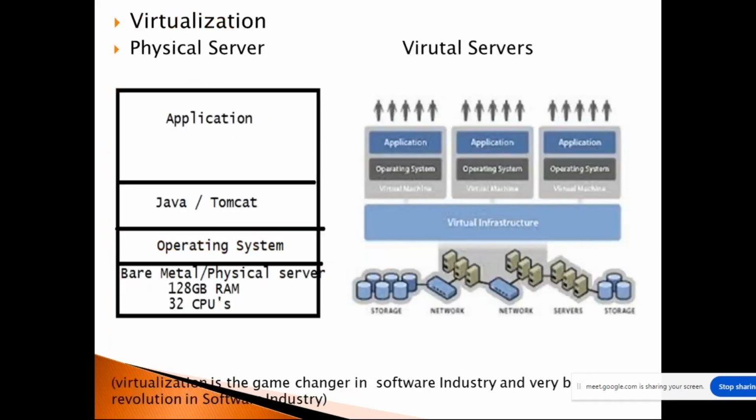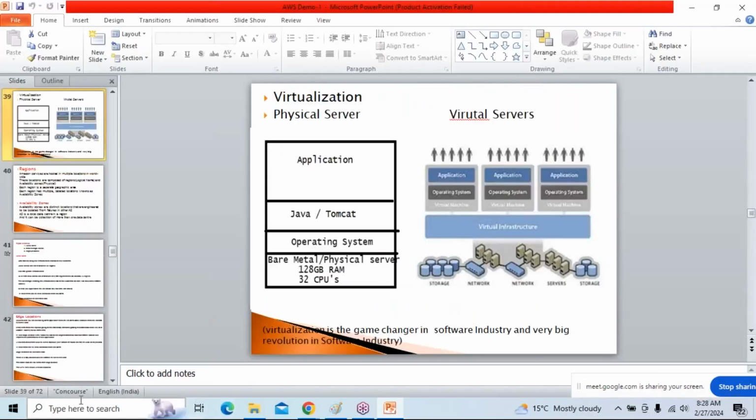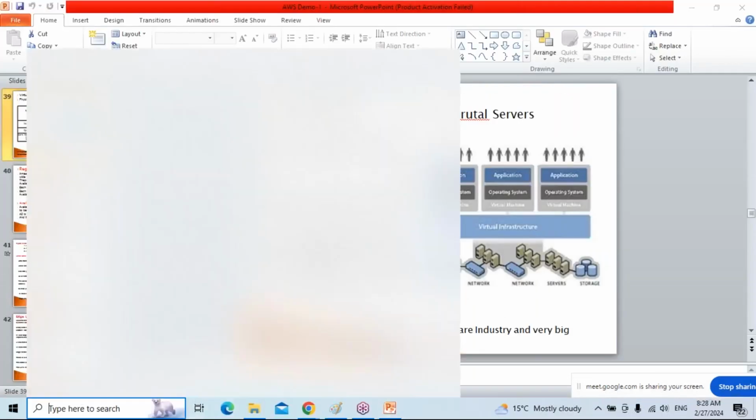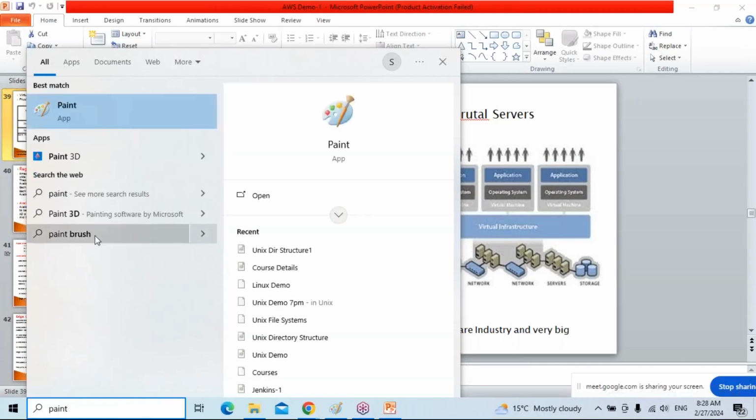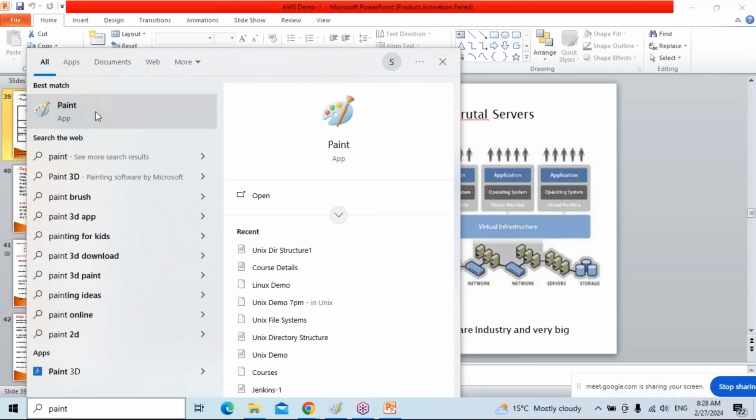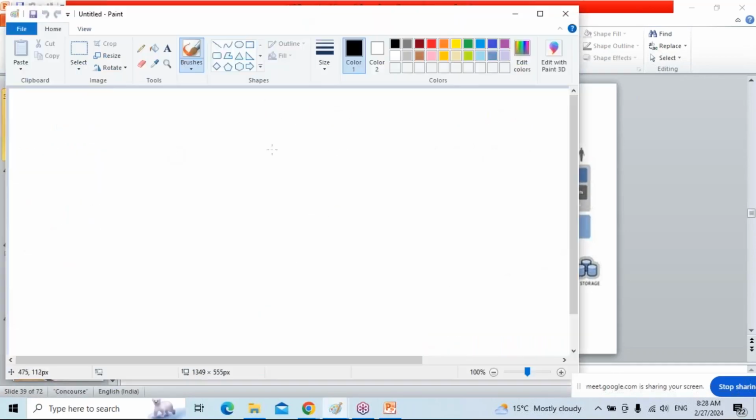Now, come to the virtualization software. Generally, virtualization was introduced around 2009, 2010. Before 2009, there was no virtualization.